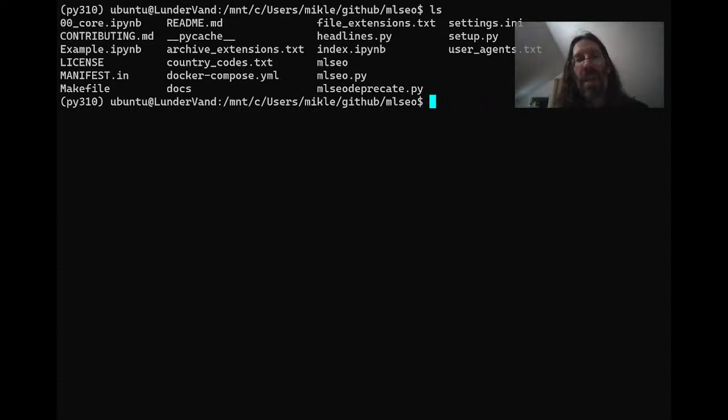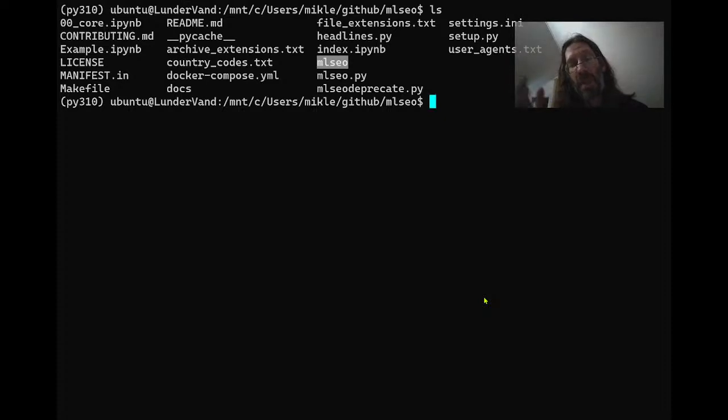As I mentioned, some of the stuff I added, but once I did that nbdev new, which I won't do yet again, it added settings.ini. This is the most important file we're going to have to look at and modify in order to do a bunch of stuff like automatically build a package. So this mlseo directory here was automatically created. It uses the same name as the package itself, so your GitHub repo name is going to be reproduced here as a subfolder name,